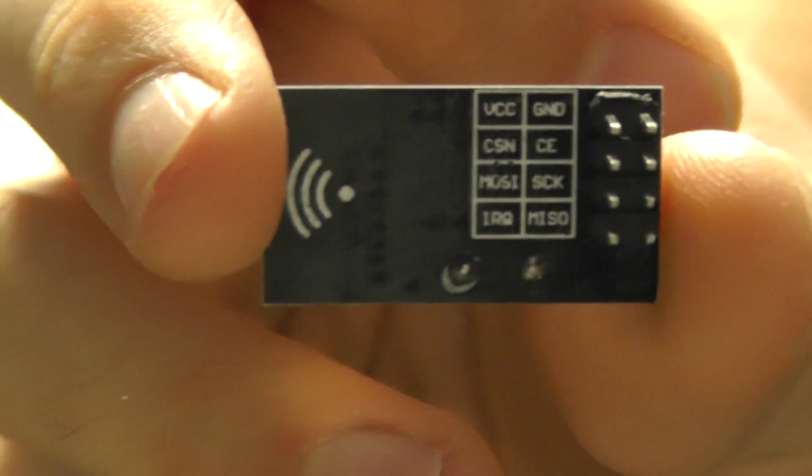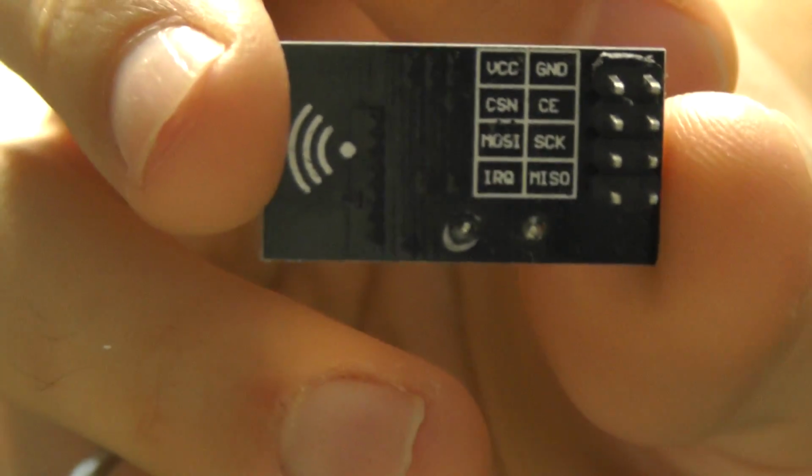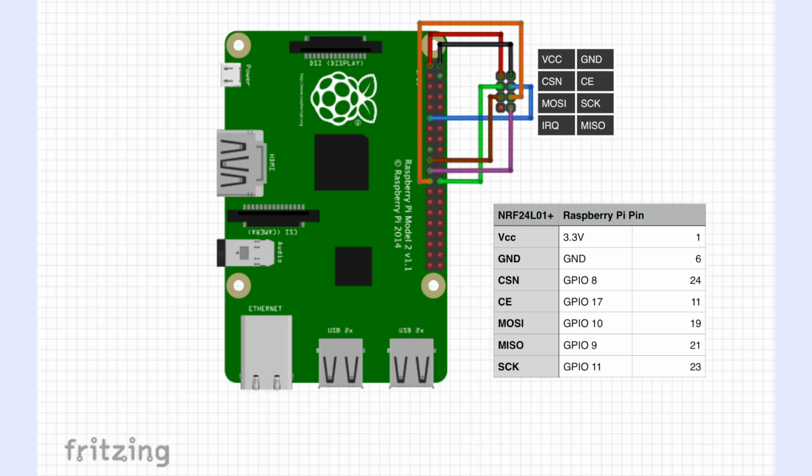So let's get started. Different transceivers may have different pinouts. Mine here happens to have the pinout label on the back, and you may have to check your data sheet for your pinout as yours may vary. VCC is connected to 3.3 volts, ground is connected to ground, CSN is connected to CE0, which is GPIO 8 or pin 24, CE is connected to GPIO 17 or pin 11,